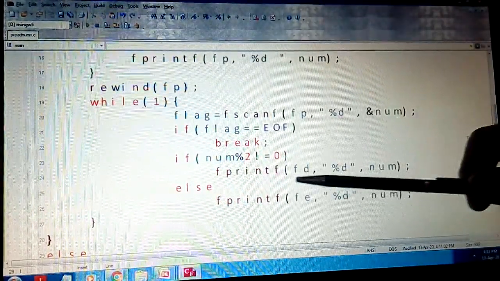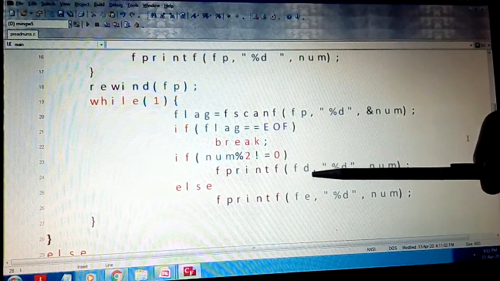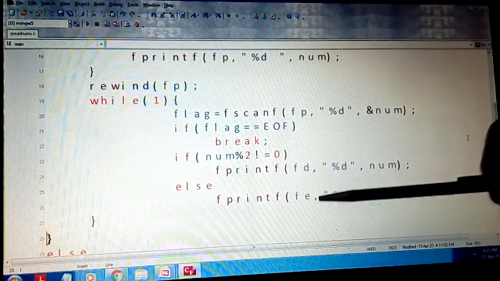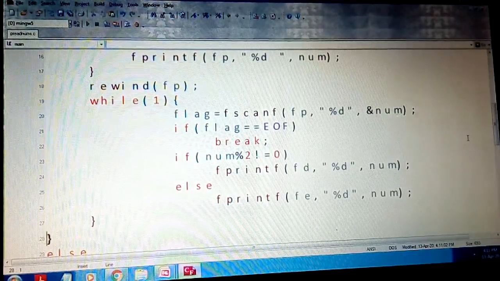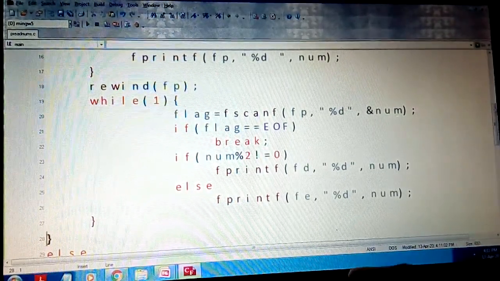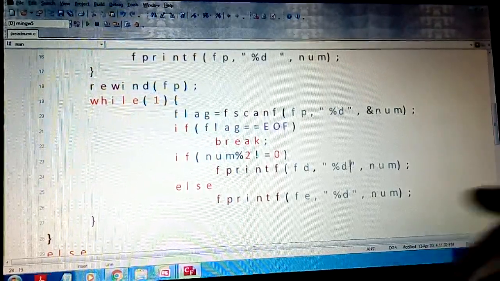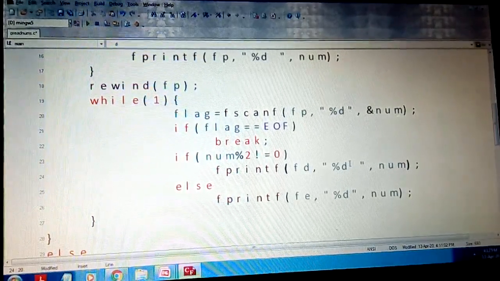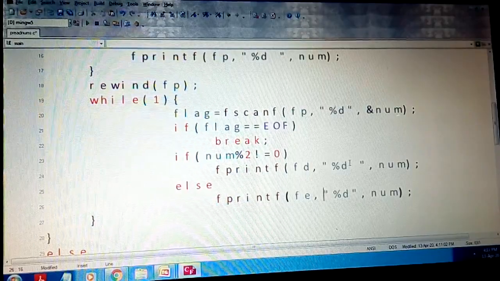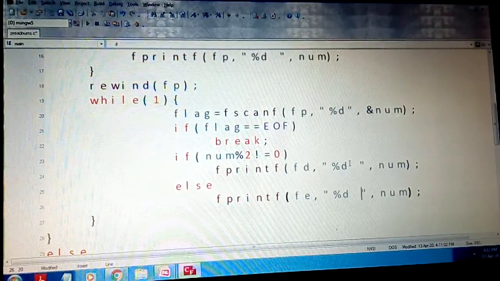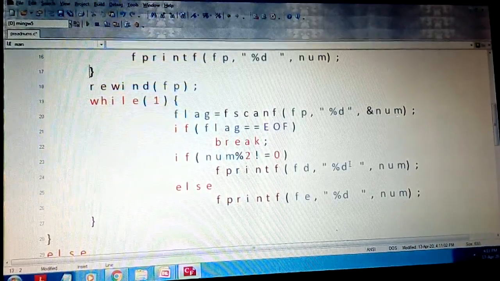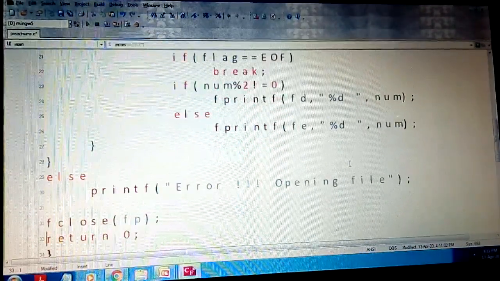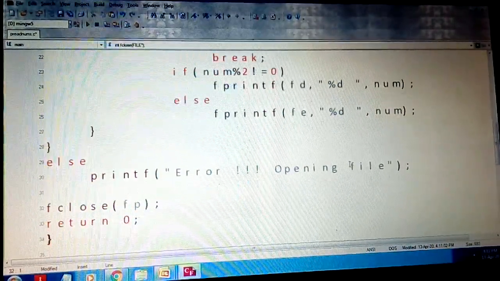So here fprintf, now it points to fd, this is an odd number, and fe points to the even number. So you can correspondingly write that integer to it, but while writing you may ensure that you put a space between the %d and this. Similarly, you put a space after %d, and that's it. So this will create the file. Now we will try to compile this, but before that we need to close the other file pointers as usual.